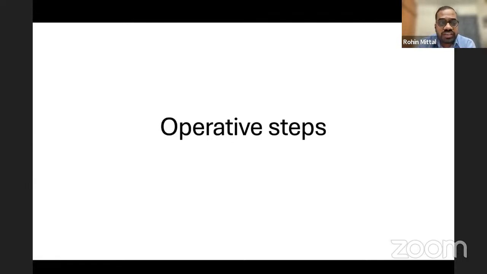Once a good preoperative preparation is done, we come to the technique, which is